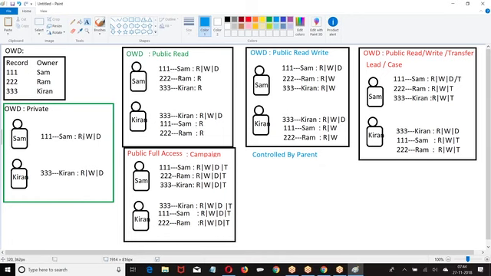Look at these points I have defined: private, public read, write, transfer, full access. If you have any queries, let me know. The transfer option is by default available for other objects also. Owner, yeah, every object. Option of read, write, transfer.